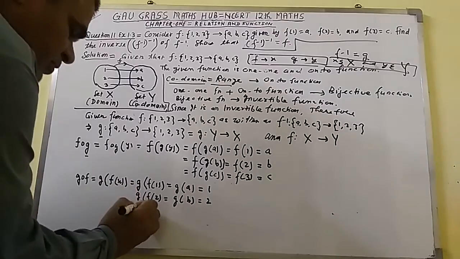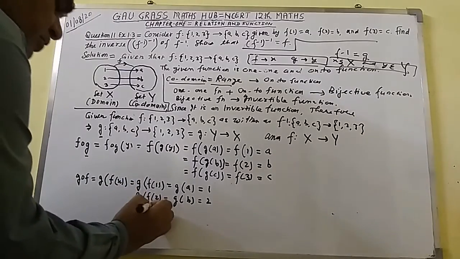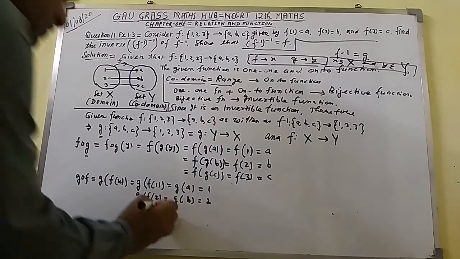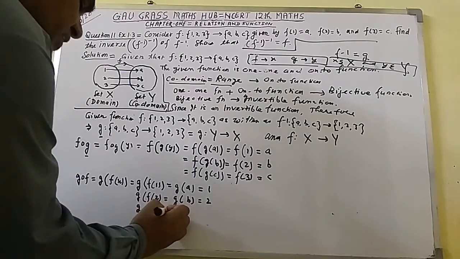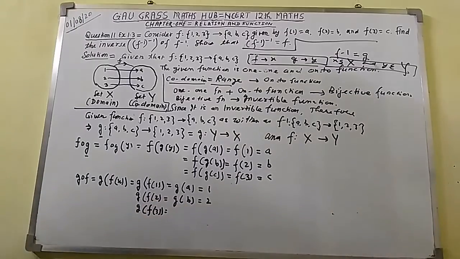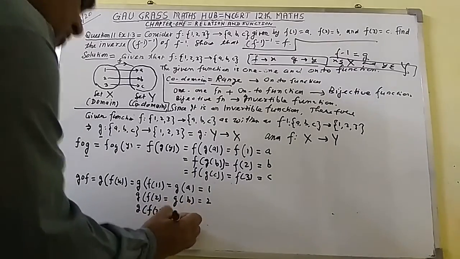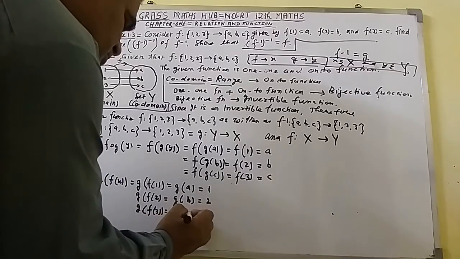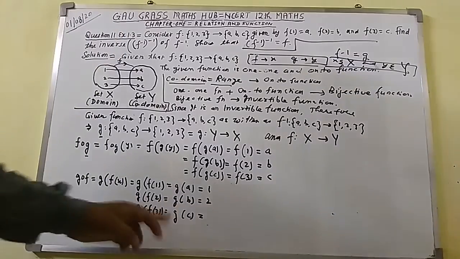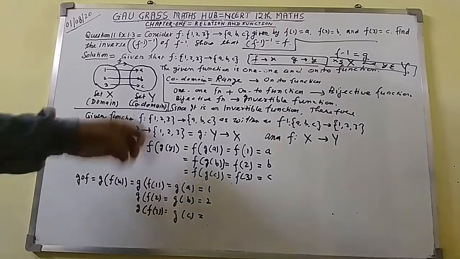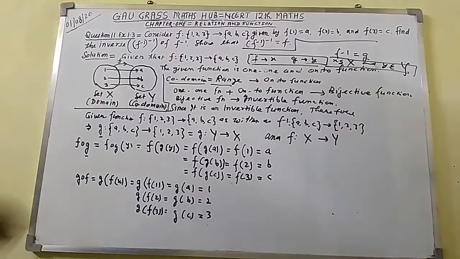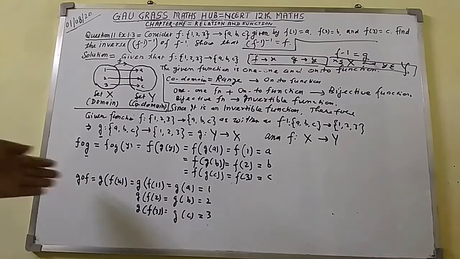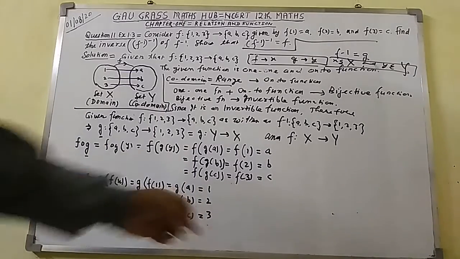Again one line more. If G goes to F of 1, 2, 3, for F of 3, take here 3. The value of x take here 3. So in this case, G of F of 3. F of 3 goes to C, so here write C. G of C goes to 3. Here write 3. So now you have got G o F with different values of G of F: 1, 2, 3.